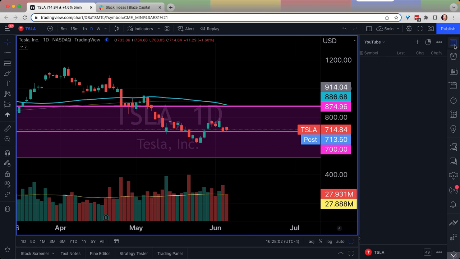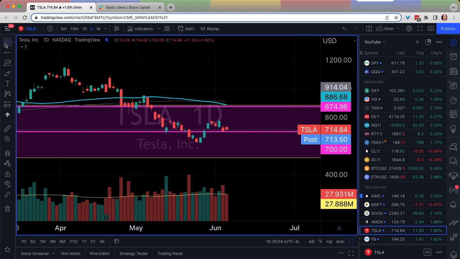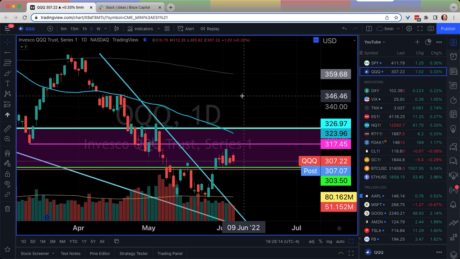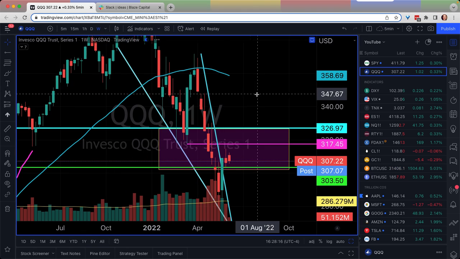All right, now let's have a look at a couple more charts and wrap it up because I did the rest on the weekend review. SPY, QQQ, both green, roughly on par. Let's look at QQQ really fast here. So higher high, higher low. That looks pretty good on the daily. Let's look at the weekly now.